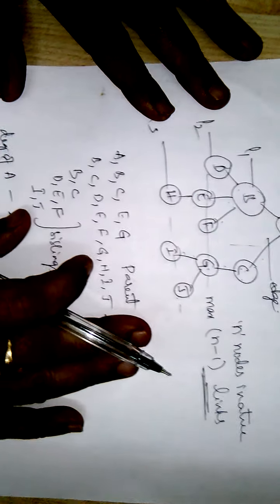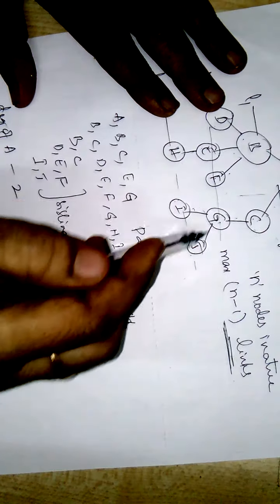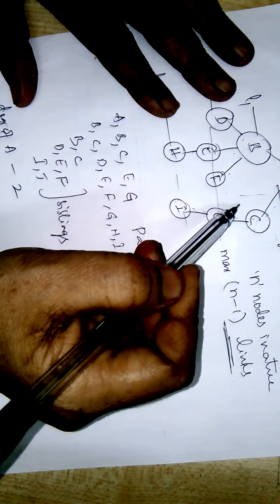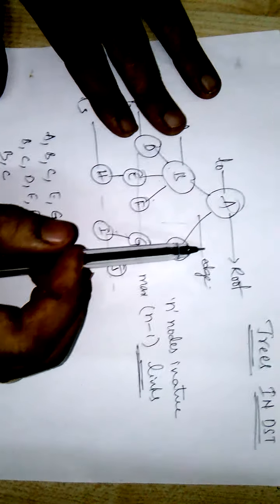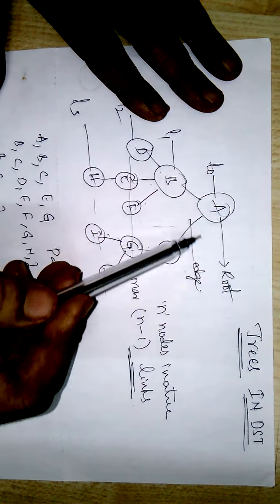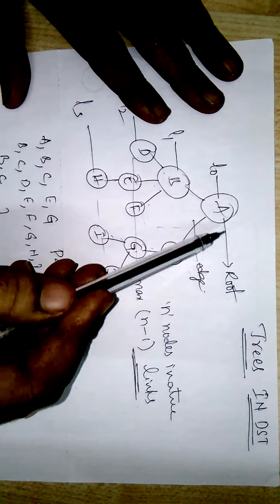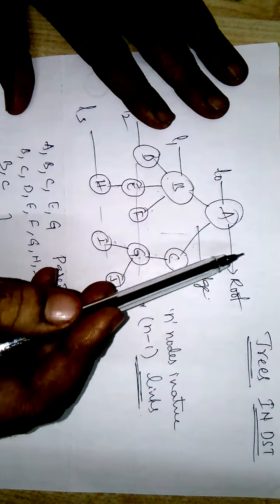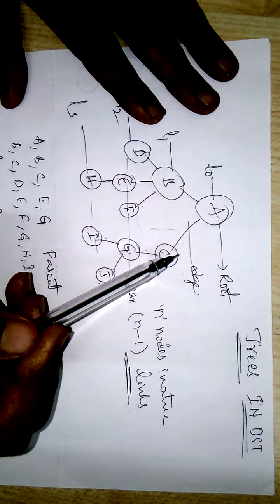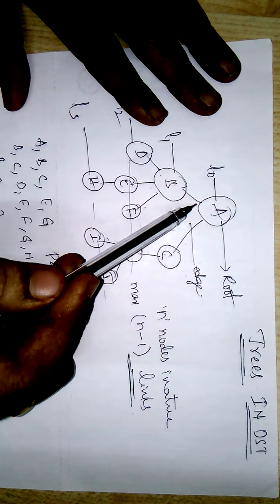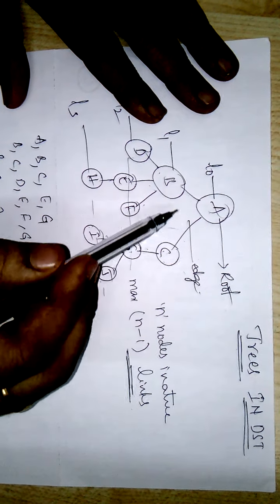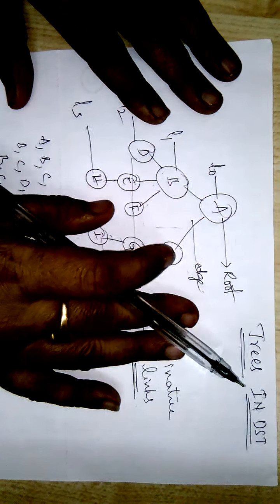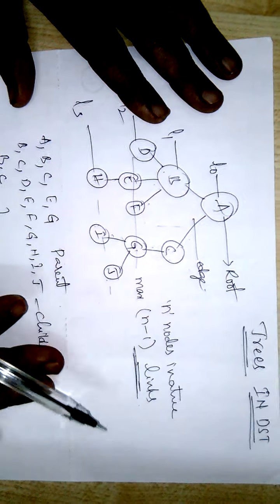So we can say a tree with 10 nodes has 9 edges. In a tree, the elements are arranged in a hierarchical format where each element is represented as a node, and these elements are linked by using links. This is the tree.